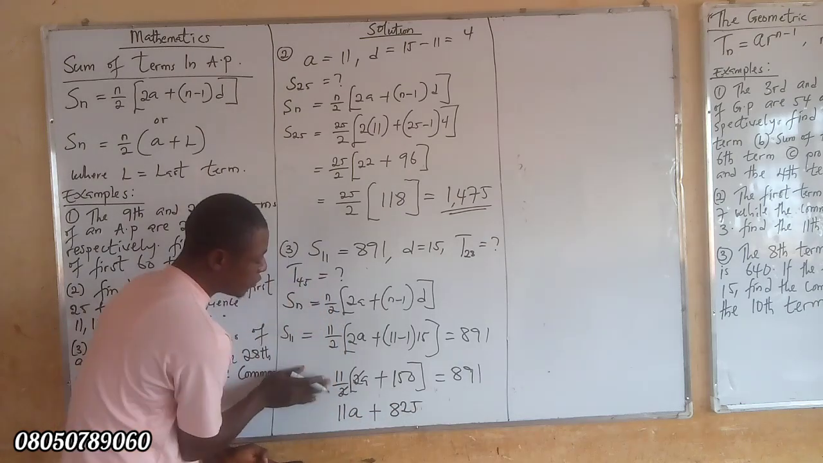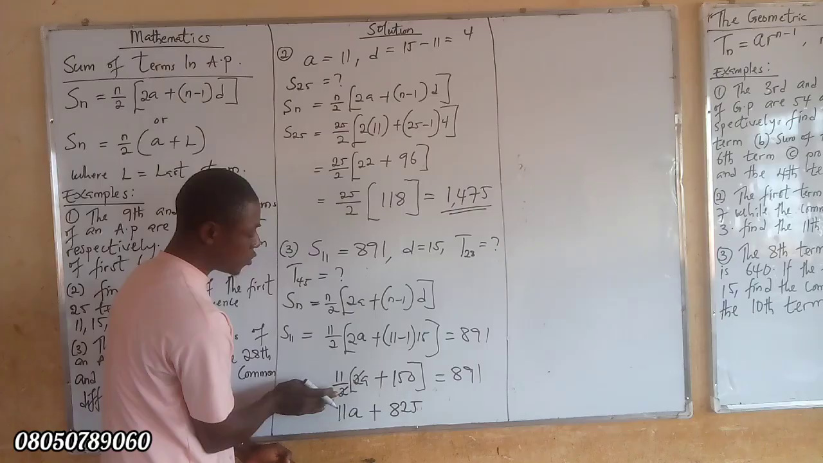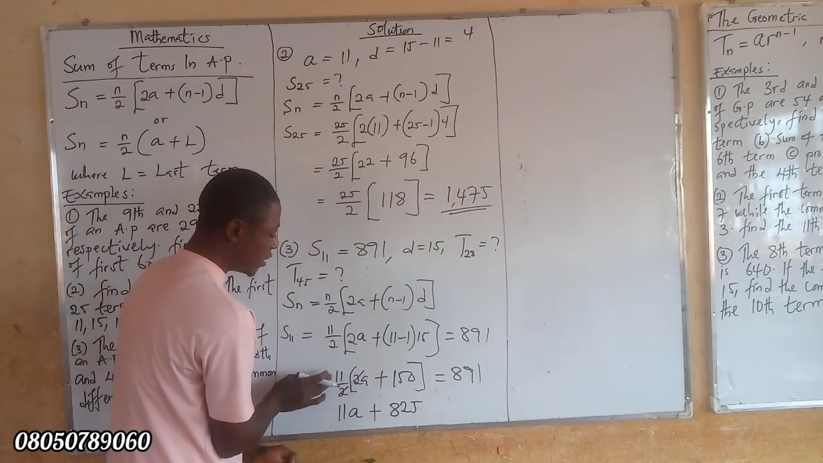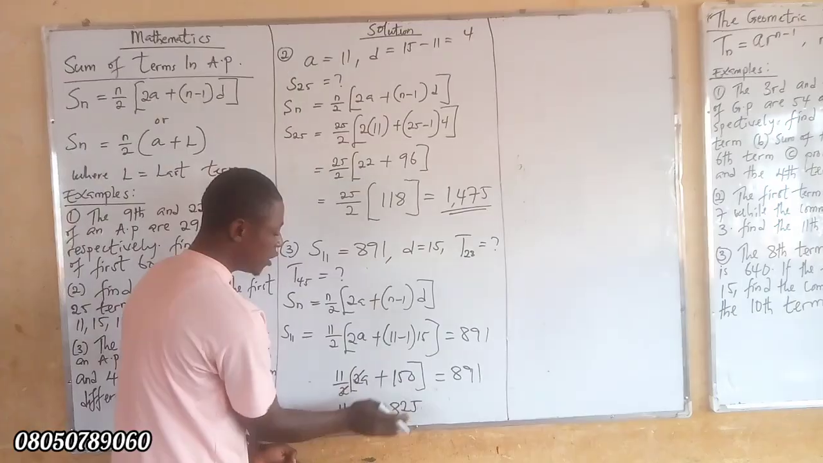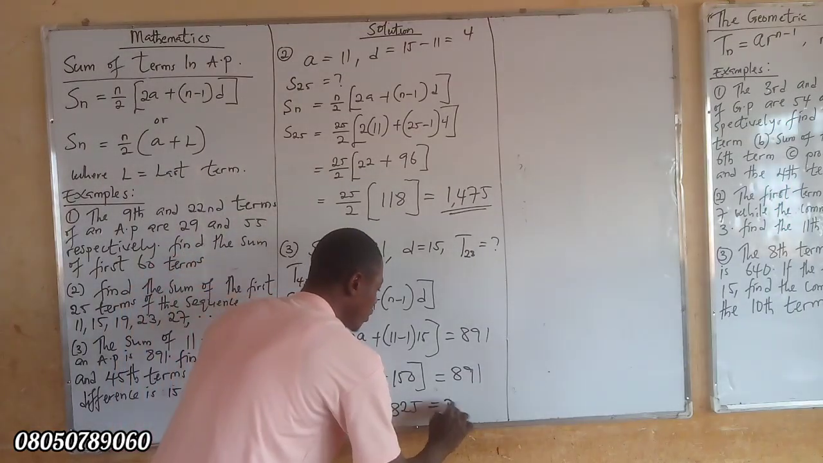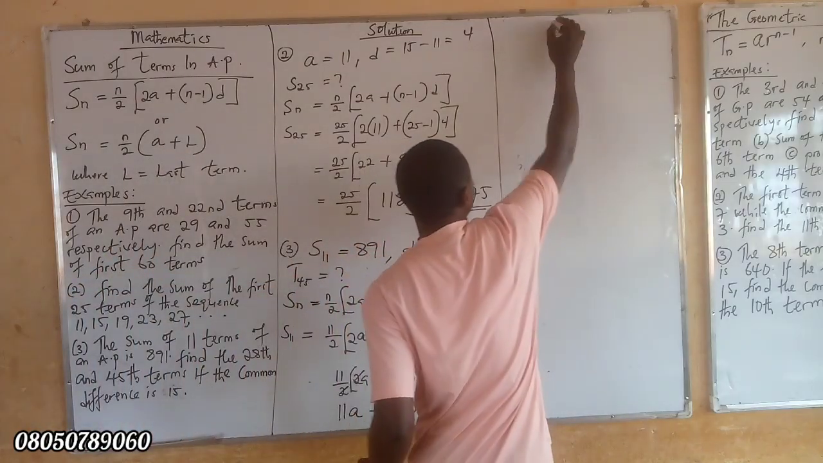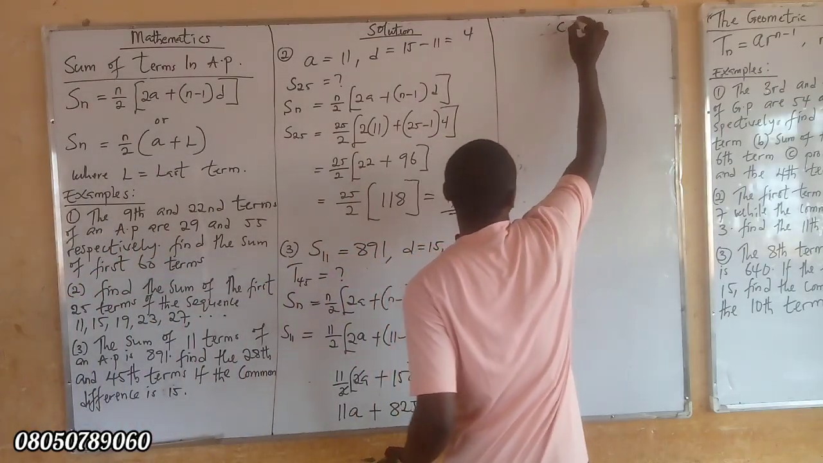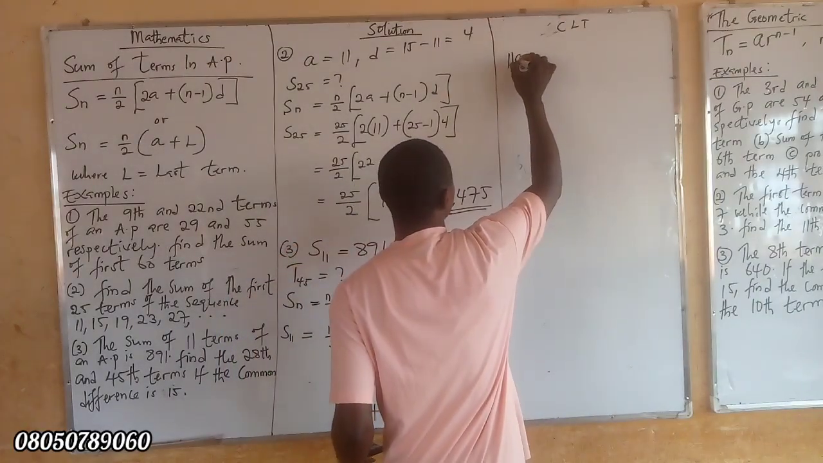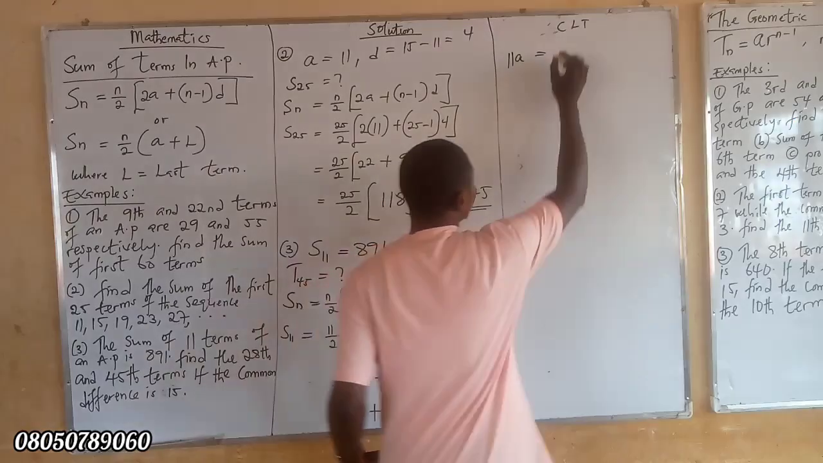So we use 11 over 2 to multiply this. It will give us 11A, because the 2 of this will cancel the 2 of this. Then 11 times A will be this. Then 11 over 2 again multiplied by this will give us exactly this figure, which is going to be equal to 891. At this point, we are going to collect the like terms. To collect the like terms, we are going to have our 11A equal to 891 minus